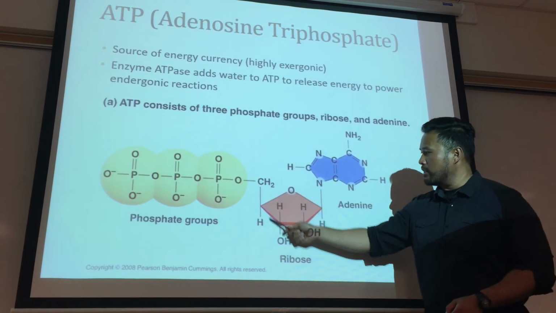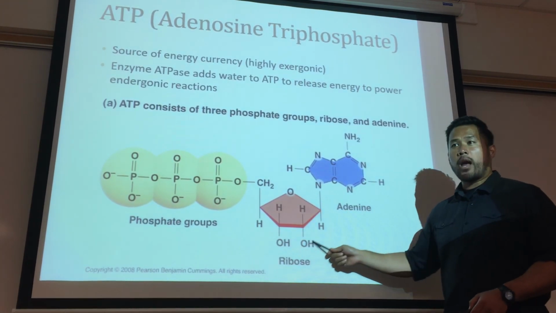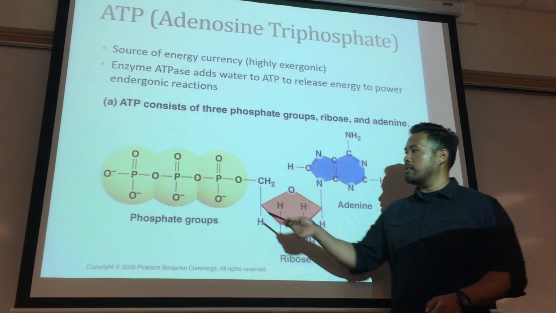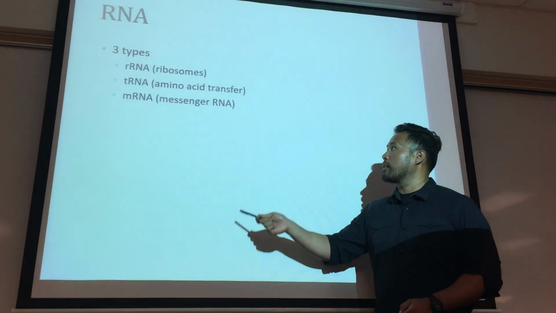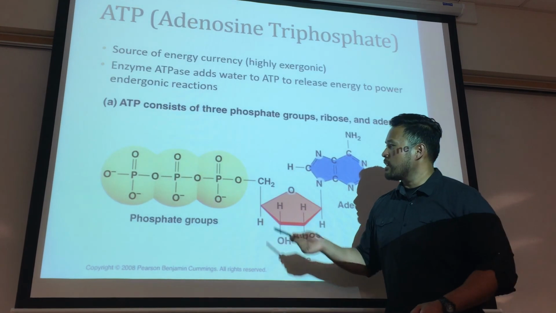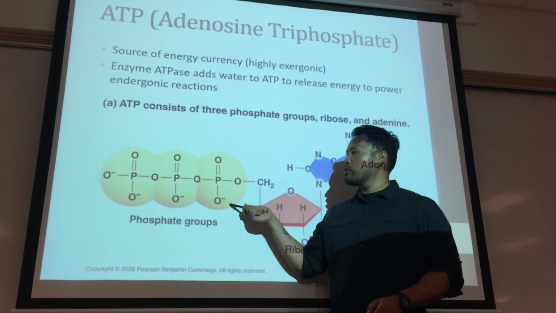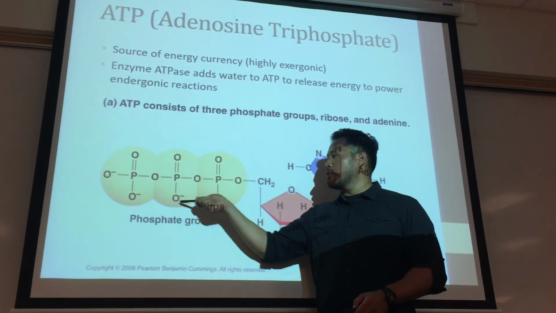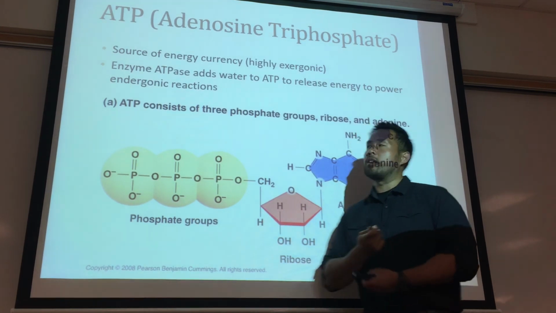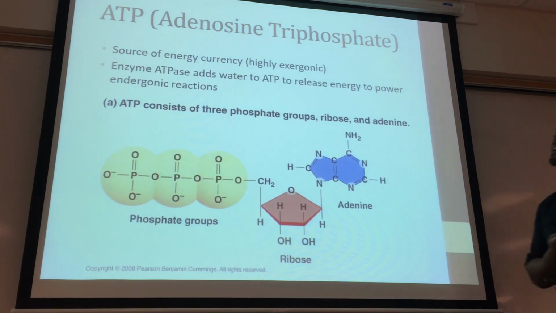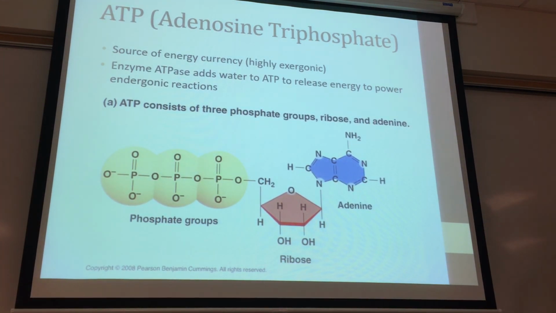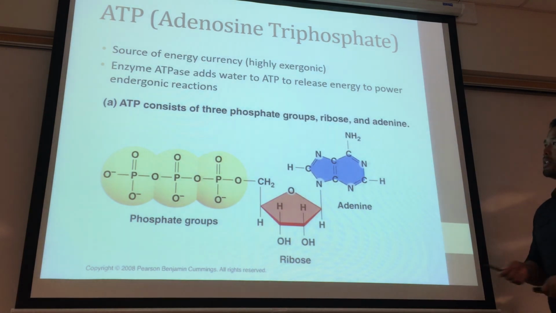We attach that pentose sugar, which we call ribose, and instead of a single phosphate group, that same green thing you saw earlier, we string three phosphate groups together. The name of this structure is adenosine triphosphate, and it's an important molecule because this forms